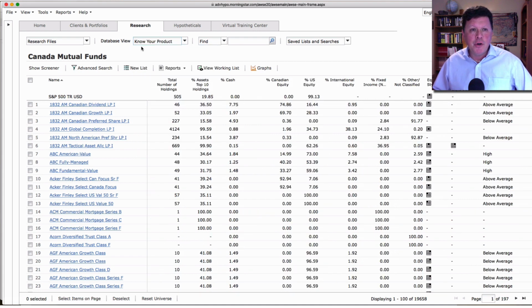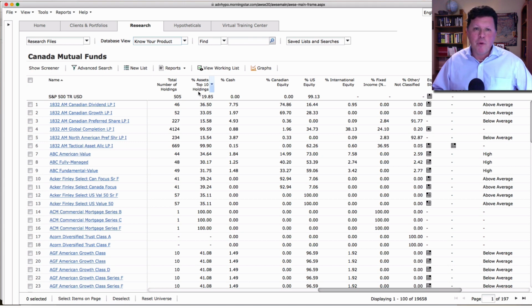And what you want to do is to go onto the database view, and under Know Your Product, it is written total number of holdings and percentage of assets for the top 10 holdings. So based on what we just saw, those two columns can help you very much. You see here, you have the S&P 500. I have put the S&P 500 here just to give me an idea. Because it is an index of 500 companies, the top 10 companies in the S&P 500 represent only